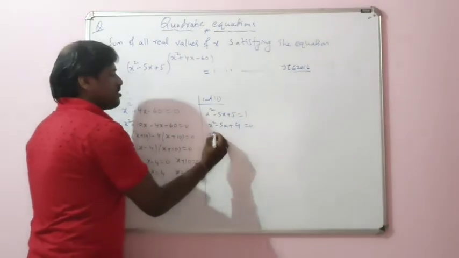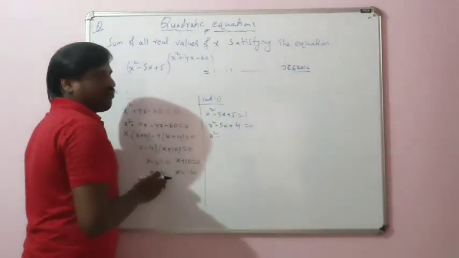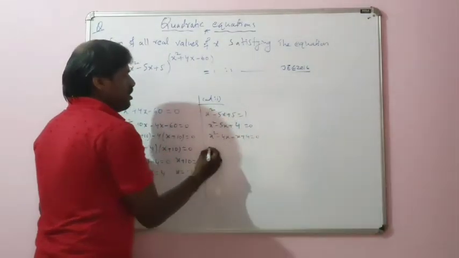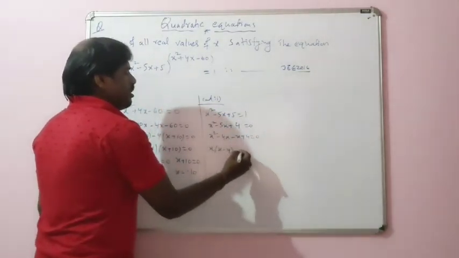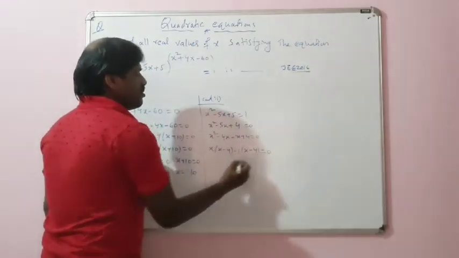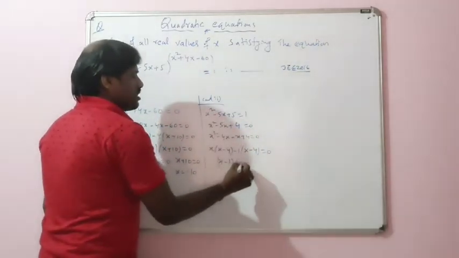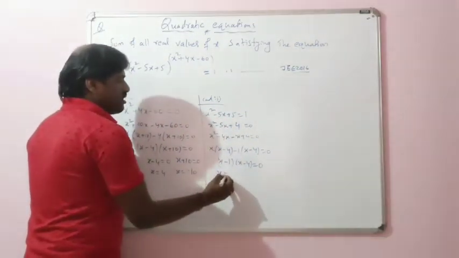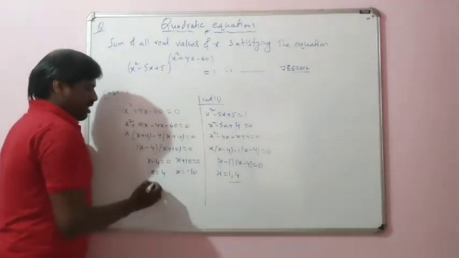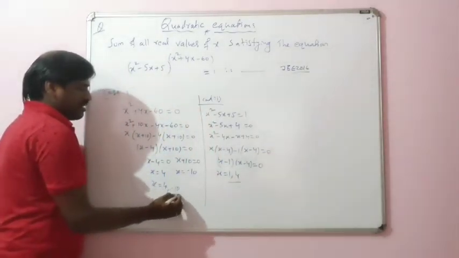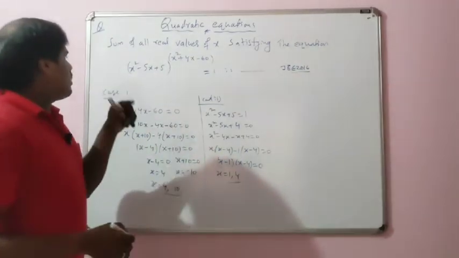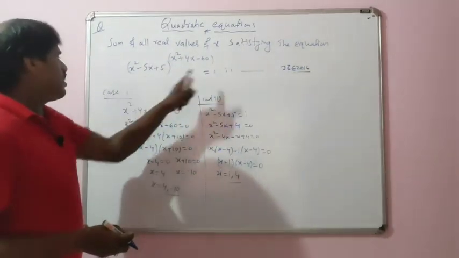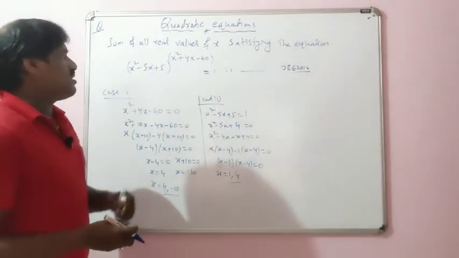And I can find the factors of this. x square, minus 4 ones are 4, so I can write minus 4x minus x plus 4 is equal to 0. If I take x common, x minus 4, minus 1 common, x minus 4 is equal to 0. So x minus 1 into x minus 4 is equal to 0 are the roots of this. So what are the answers for this one? x is equal to 1 comma 4. Here x is equal to what? 4 comma minus 10. Okay, case 1 is I know that anything to the power 0 is 1, and case 2 I know if the base is 1 I will get 1.